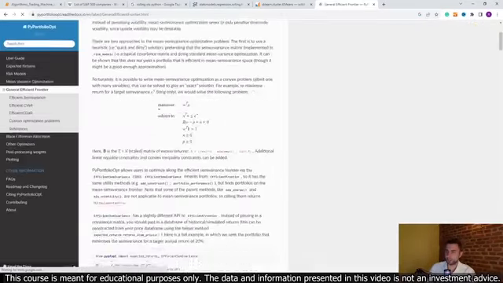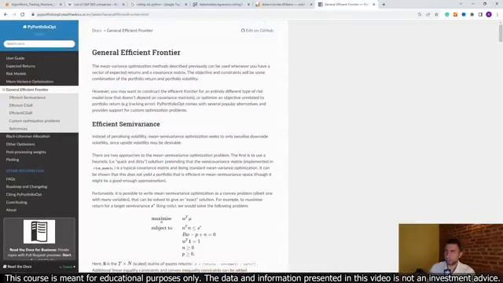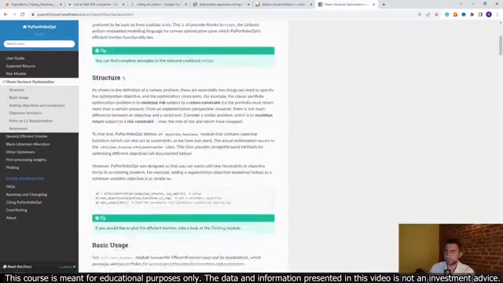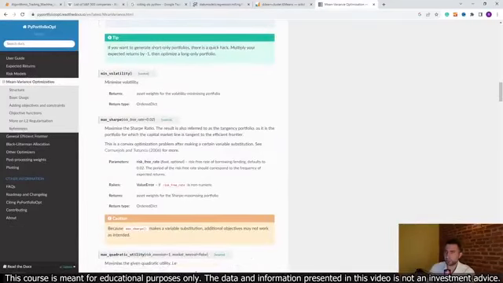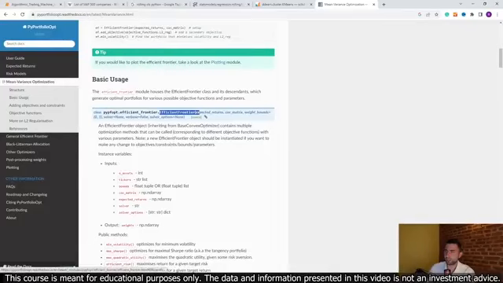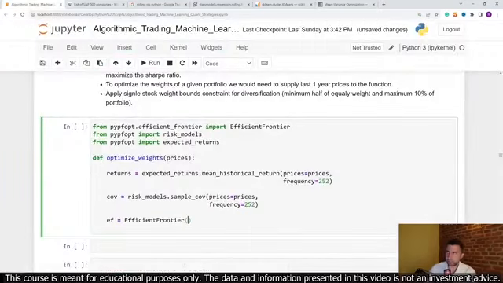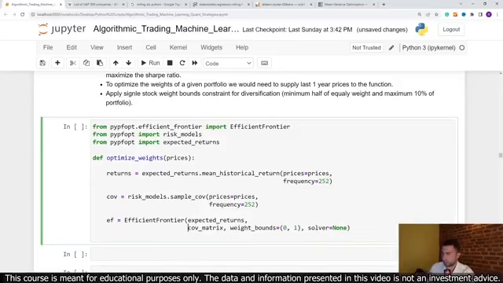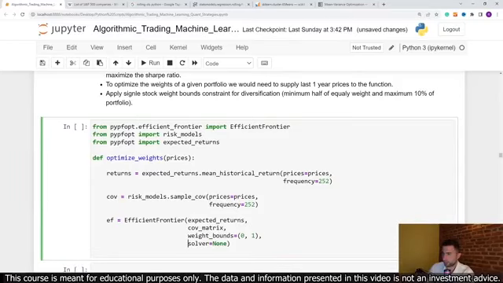Let's read the docs. Okay, but that's the general. We want the mean variance optimization. Okay, so the efficient frontier takes the following arguments: expected returns, the covariance matrix, weight bounds, and then the solver. All right, the expected returns, maybe we can just copy those. The expected returns will be our just calculated returns. The covariance matrix would be